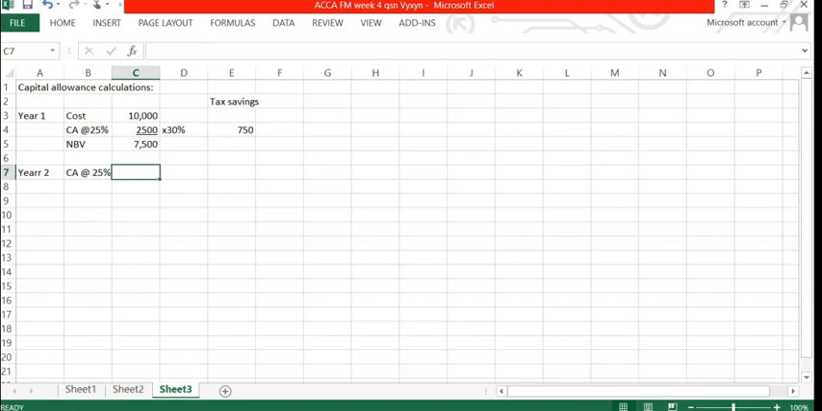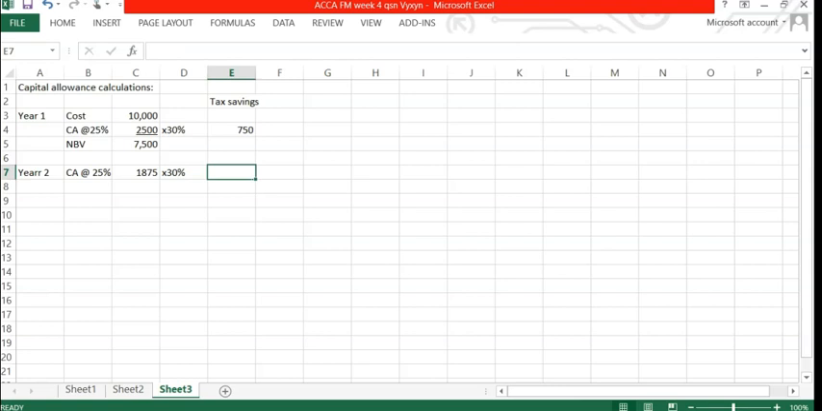So that's 25% of 7,500, and we must get our... Okay, that's 25%, multiply by 7,500, that's 1,875. Okay, you then have to multiply this across by 30%,